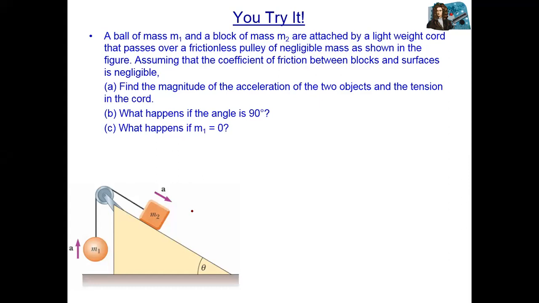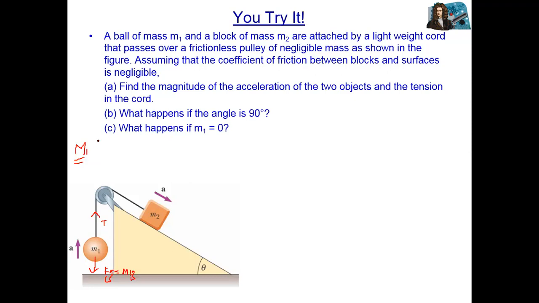First of all, you can solve separately. If you solve them separately, that will be okay. I will start from mass number 1. For mass number 1, M1, how many forces act on it? One is the downward force, the gravitational force, which is equal to m1g, mass number 1 multiplied by gravitation. The second one is upward, and that is the tension force. There is no force and no acceleration on the x-axis.